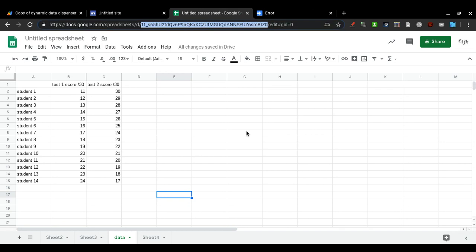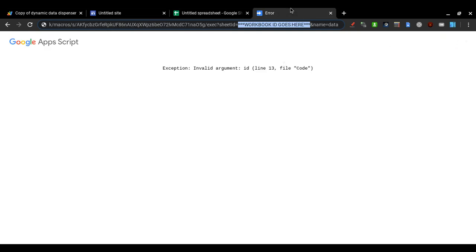It's that bit in the middle between two forward slashes, loads of numbers and letters all packed together. That's the ID of the spreadsheet. So I go back to my script and paste that into the URL there, and what you should have is /exec question mark sheet ID equals some gibberish and name equals the name of your sheet. If you press enter, then